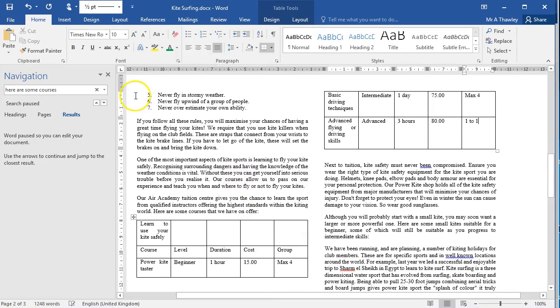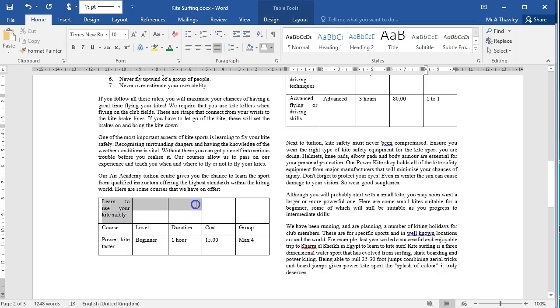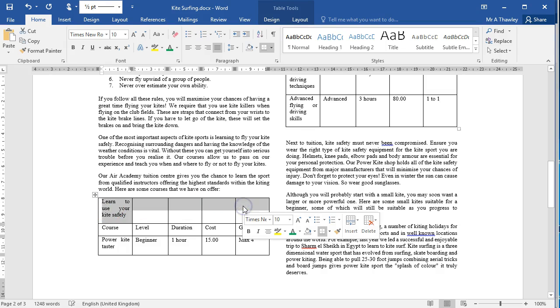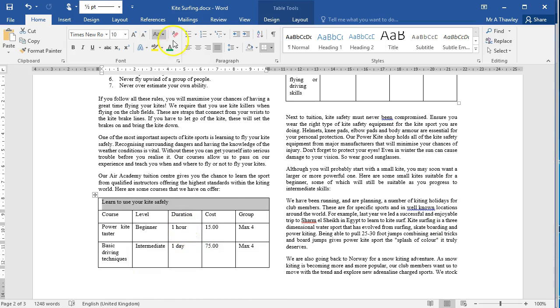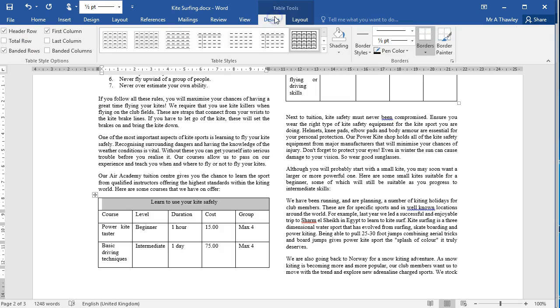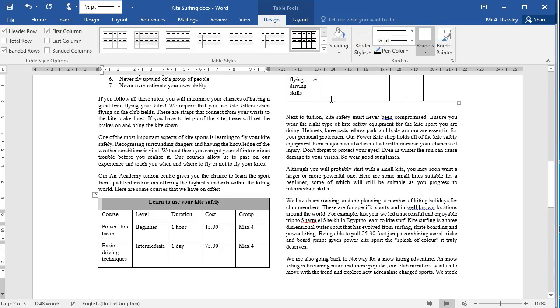So now you can see I've gone and added in that table, but I need to do some formatting. So I'm going to start with just the heading, highlight it all, right click, merge cells, and I'm going to center align that. And in the design tab, let's just change the set shading to be grey, and let's do the same for that